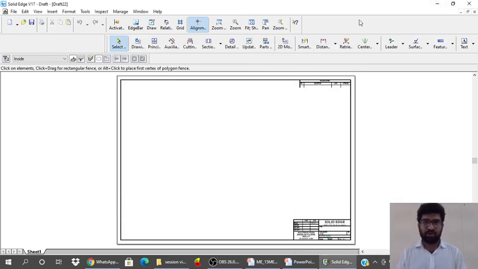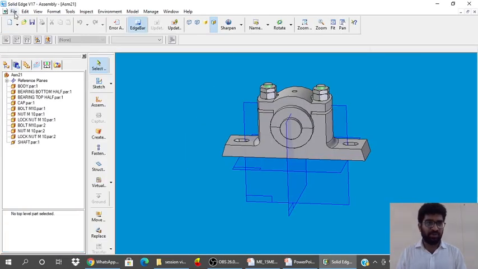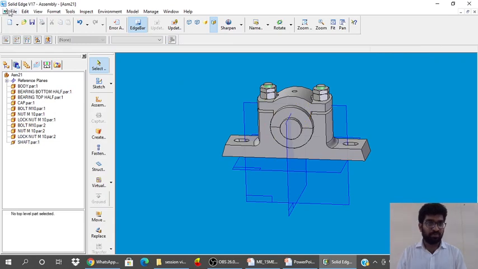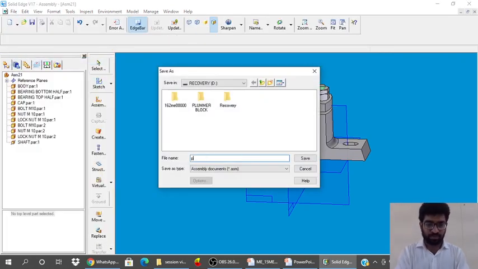The assembly has not been saved. We will just have a look. Plumber block assembly.